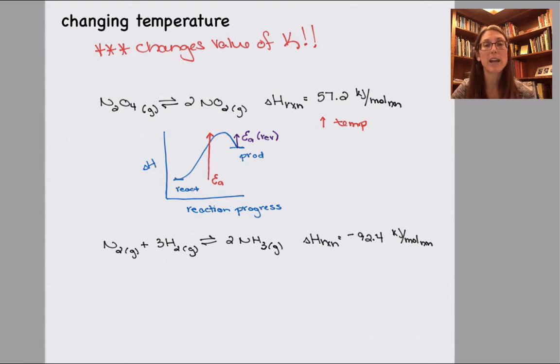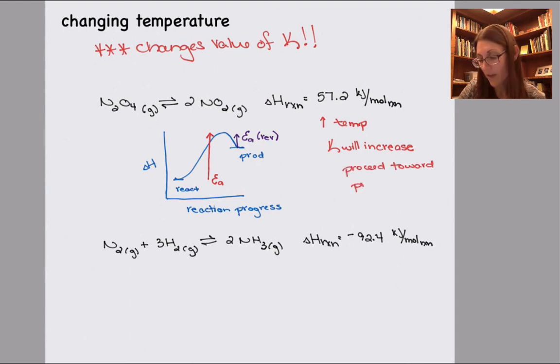The rate of the forward reaction is going to increase significantly because far more of the collisions are going to be successful. Well, if the rate of the forward reaction increases, then I'm going to make more products. And if I make more products, my value for K is going to increase. And if the value for K increases, what we're going to see is that the reaction will proceed toward the